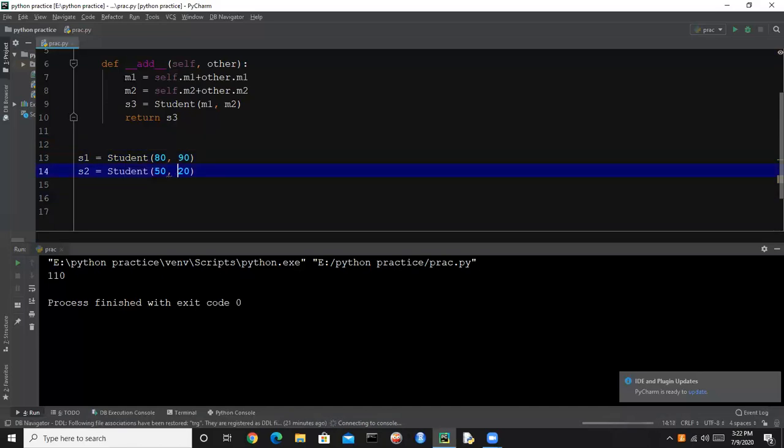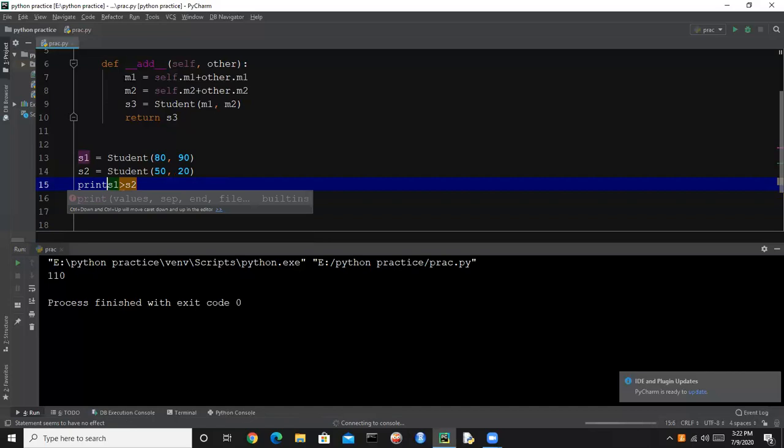So if we use s1 greater than s2 and print this, it should return true because student 1 has more marks than student 2.